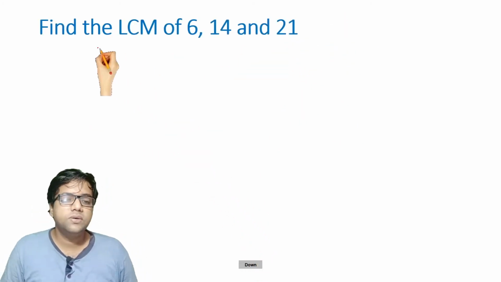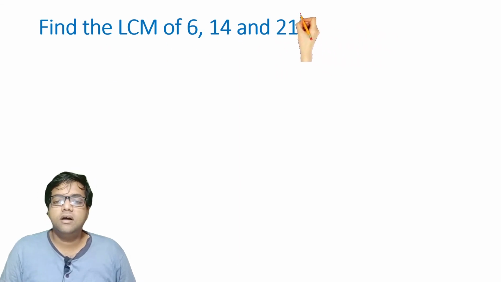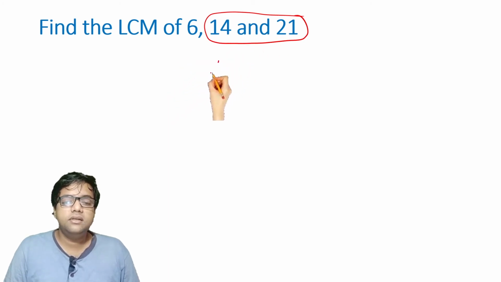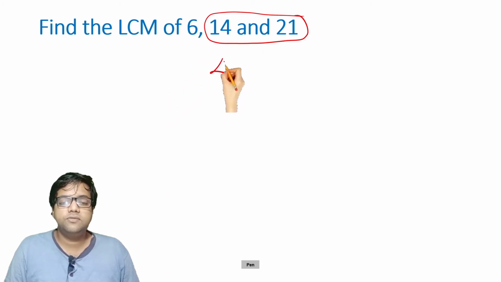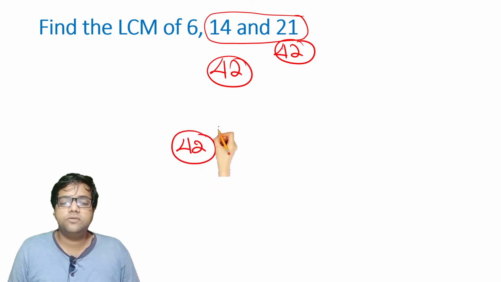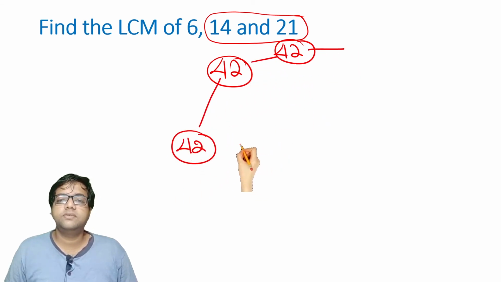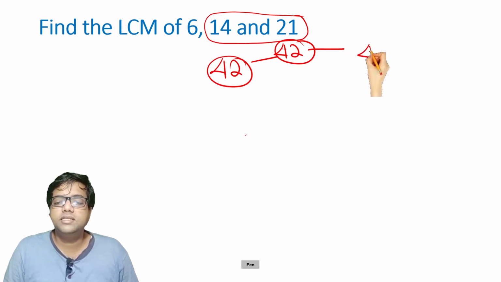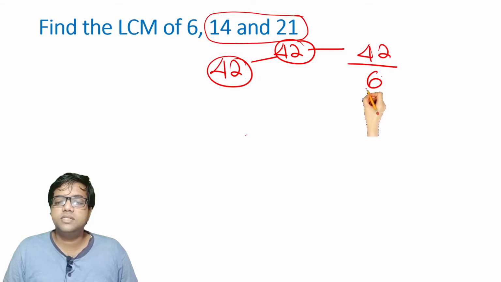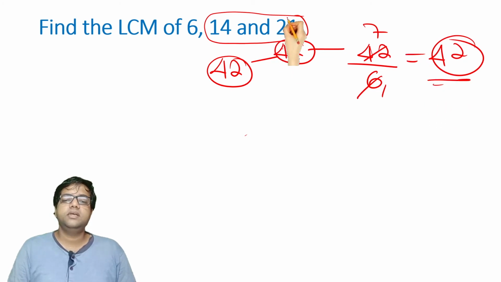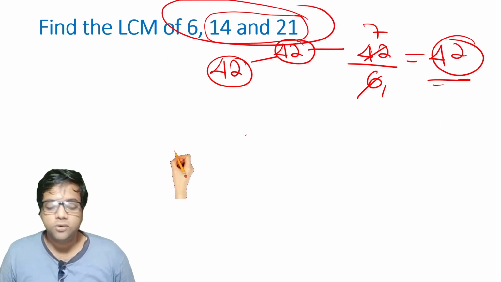Okay, let's go ahead. 6, 14 and 21. Now you can take up the larger two numbers. 14 3s is 42, 21 2s is 42. And you also know 6 7s is also 42. And this is the only common term which will come in all the three tables. If you take only two terms and found 42 to be the LCM, check whether it is divisible by 6 or not. 6 1s are 6, 6 7s are 42. Therefore, 42, the number itself, is going to be the LCM for all the three numbers. This shortcut you already know.